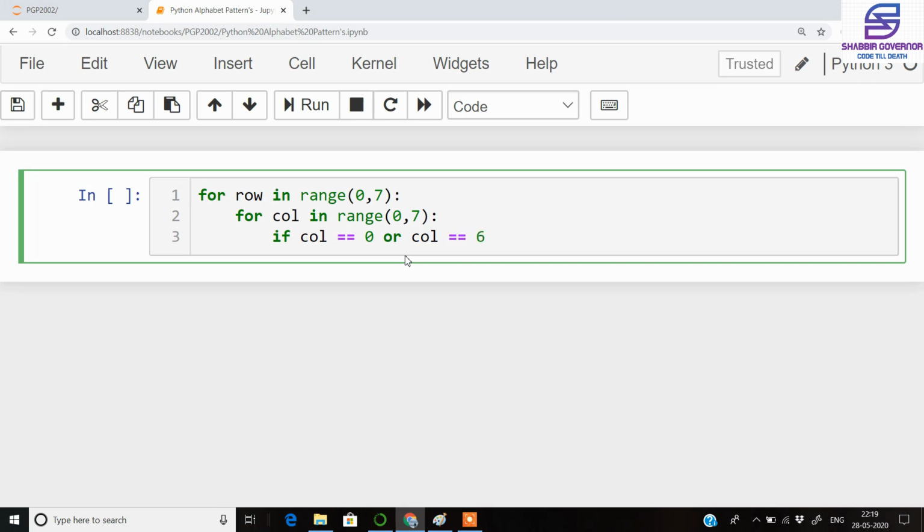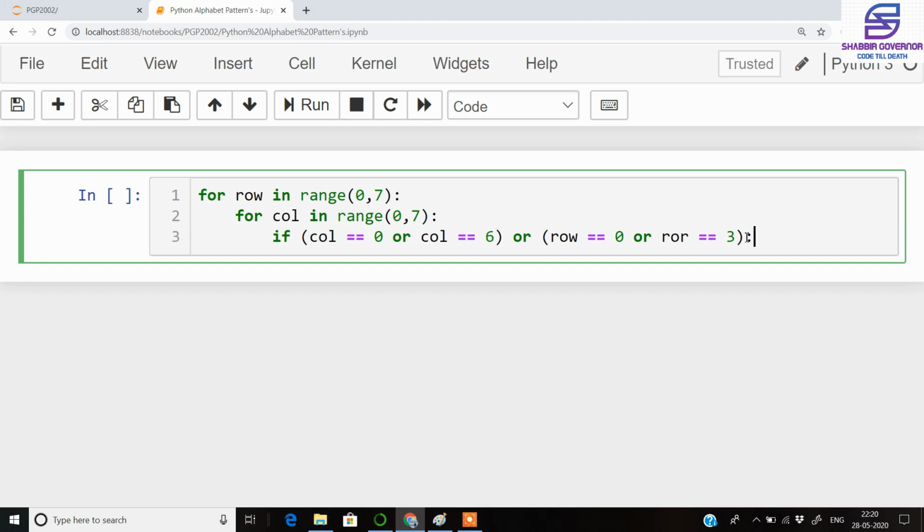We have put here an or condition because if any of these conditions is true, it should print a star, or else it should not print a star simply. So this was the first condition, and then we will write the condition for the rows. So we write or row is equal to 0 or row is equal to 3.